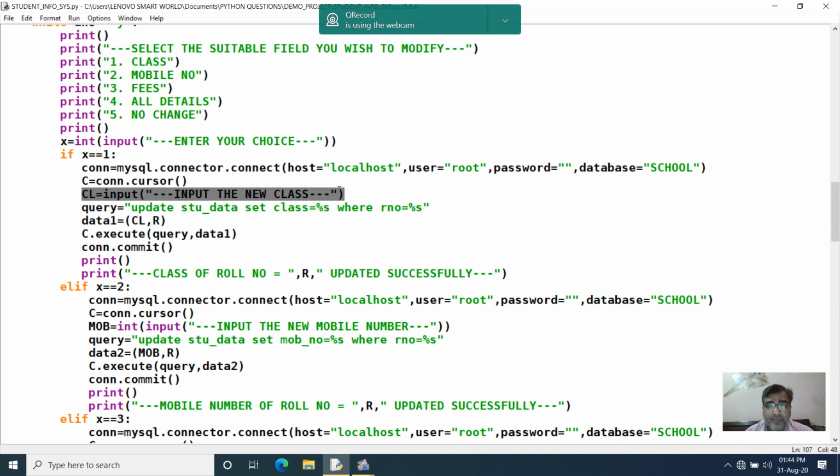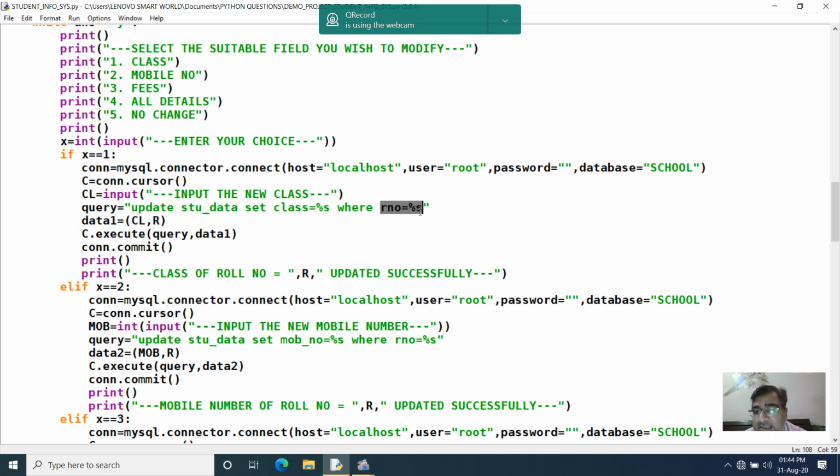Then I created the SQL query, and in the SQL query I have taken the command UPDATE table name SET the field that you want to change, put a placeholder over here, WHERE roll number equal to %s.